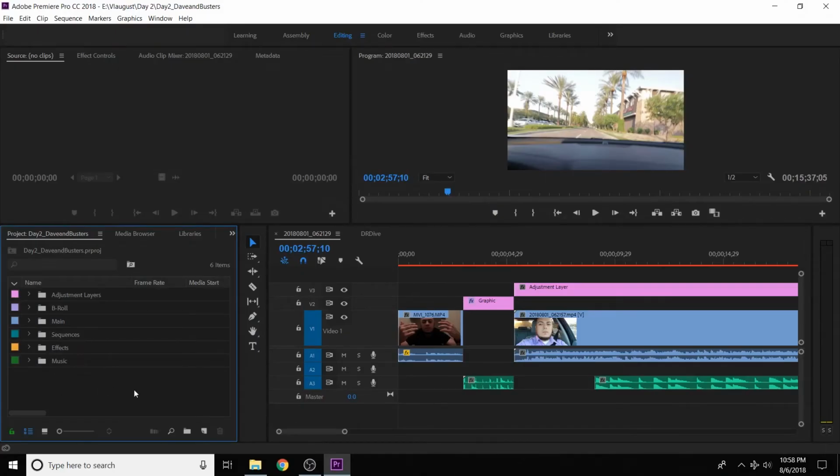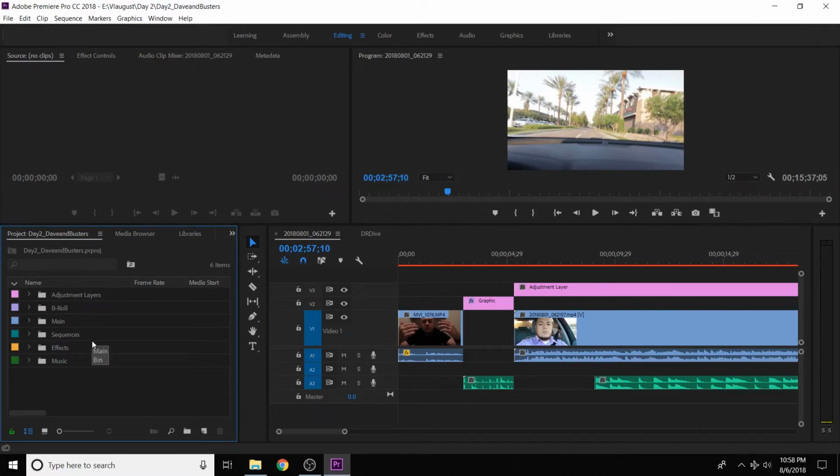So anyways, now that we have all of our footage organized in here, this is going to help you when you go and edit. To make sure to stay consistent with that and make it easier when you edit, when you open up Premiere and you have your project in there, make sure when you put in these files and this footage into Premiere that you actually organize them in there